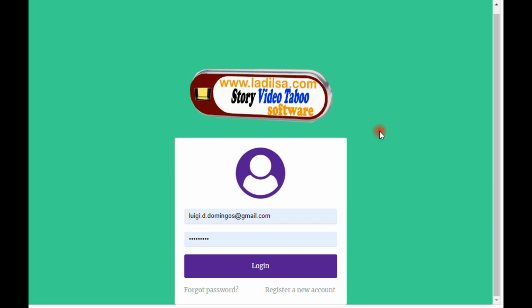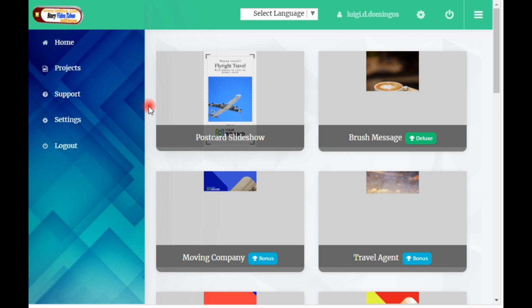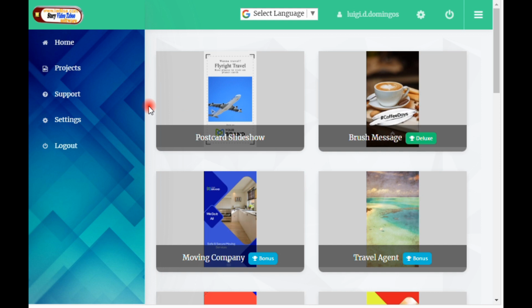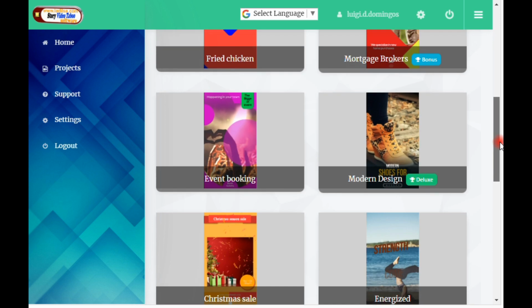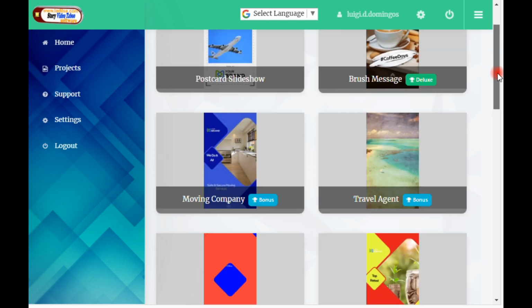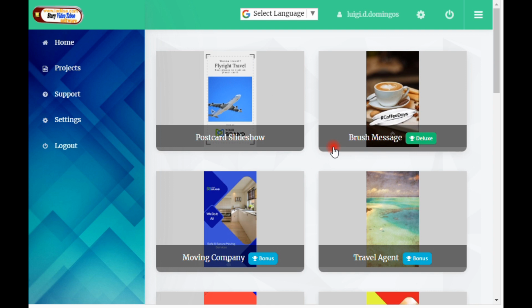This screen will open up. I'm using my son's account to log in. As I'm logging in, this page displays with the actual software at hand here for us to use with all of its templates. And as we know, this software pretty much builds professional and engaging story videos,